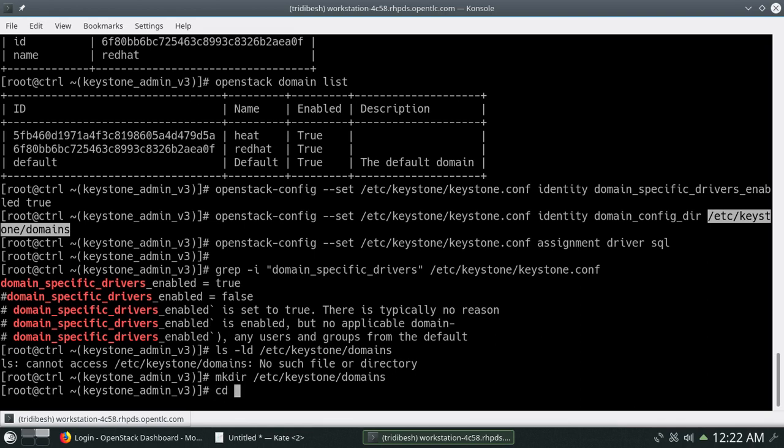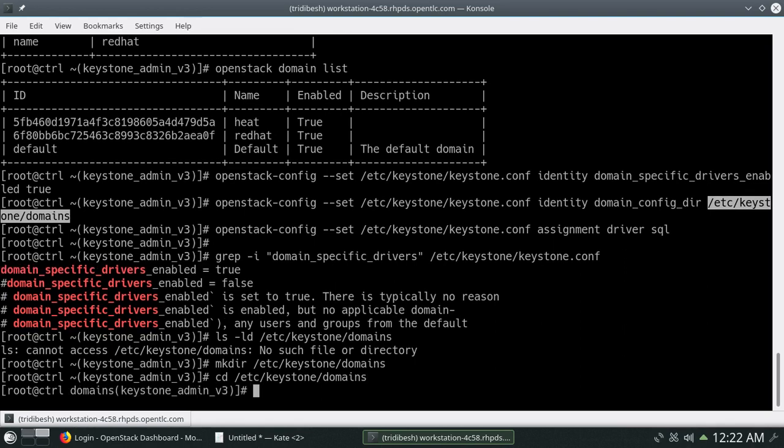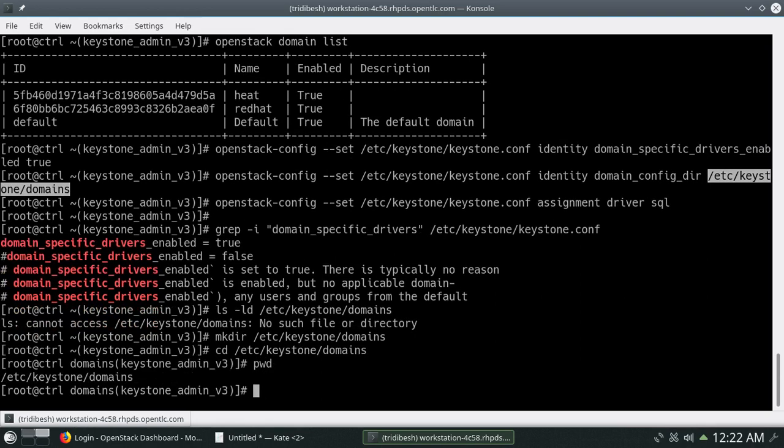Let's go inside this directory and then create the domain. If you remember, we have created the domain Red Hat. So we will create the configuration file for this particular domain inside our OpenStack platform.